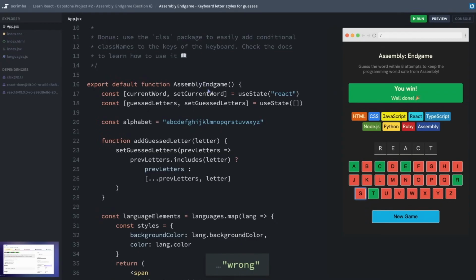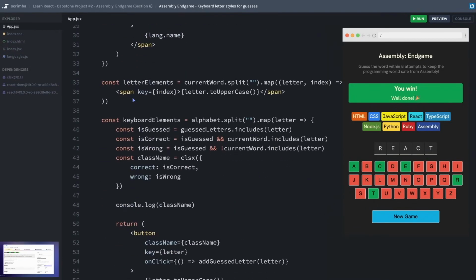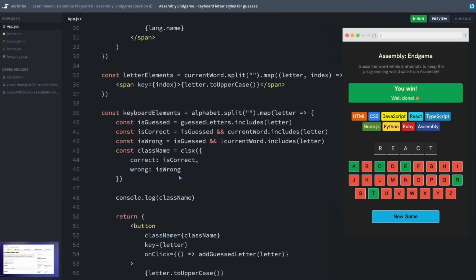Feel free to continue playing around with CLSX. We are going to be using this in a couple different places in this project, mostly to help us avoid any crazy nested ternaries or having to write a bunch of conditional logic just to determine our class names. I guess another thing to note about this package is that although we are using it in a way where these are mutually exclusive classes, it doesn't have to be that way. You can provide an object that has a lot of different class names, and it will just apply all of them where the value at that key ends up being a truthy value.